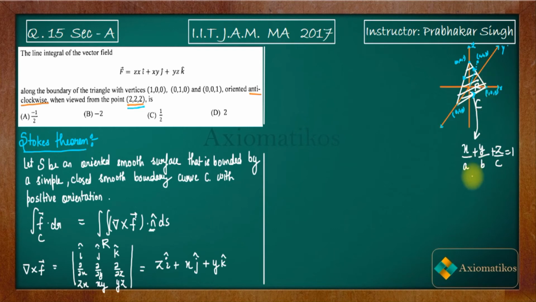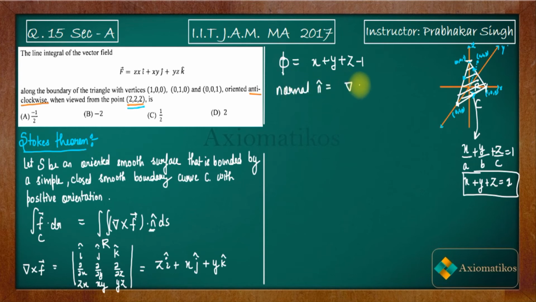Now in this problem, these A, B, C are actually the intercepts on the x-axis, on the z-axis and on the y-axis. So in this problem, every intercept is 1. So the equation of the plane that you are given is x plus y plus z is equal to 1. Now if we have phi, a surface like this, what do you know about its normal? We know that the normal, that is n cap, is given by gradient of phi over the magnitude of gradient of phi. If you calculate gradient of phi, you will end up with i plus j plus k by root 3.